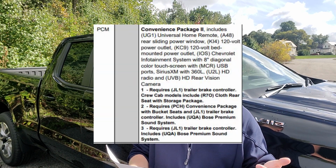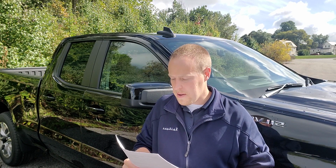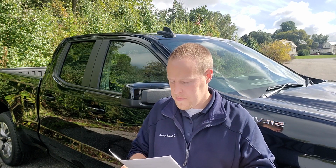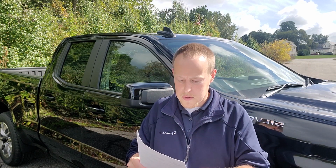It includes the convenience package 2, the 20-inch wheels, the RD4 ones, the same ones from the All-Star Edition package. The Texas Edition badging requires a convenience package with bucket seats in the center console. Again, they're just trying to push people more towards that because a lot of people have more functionality. Not too many people sit in the middle on the front, but that center console is a little bit more